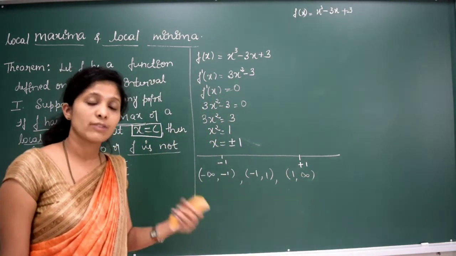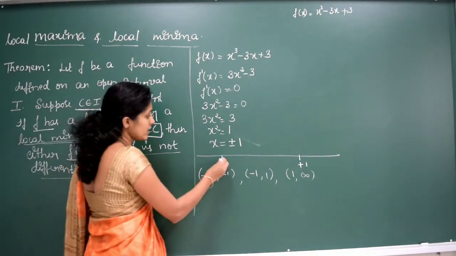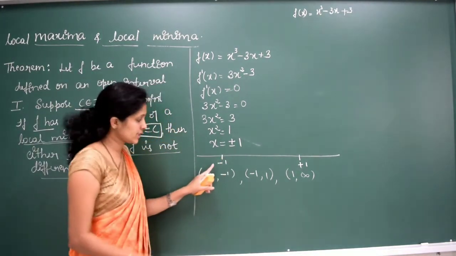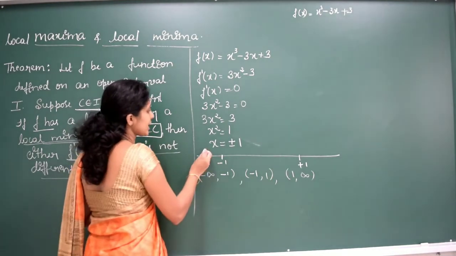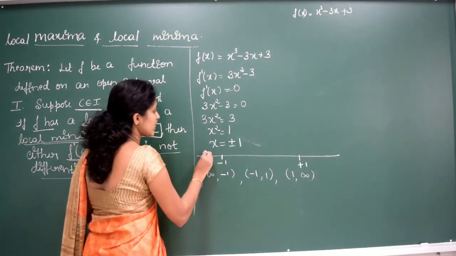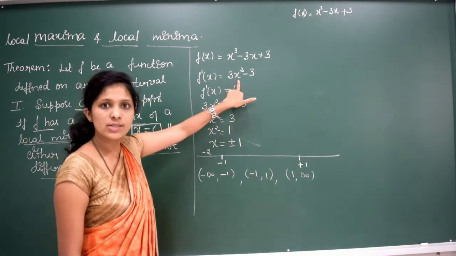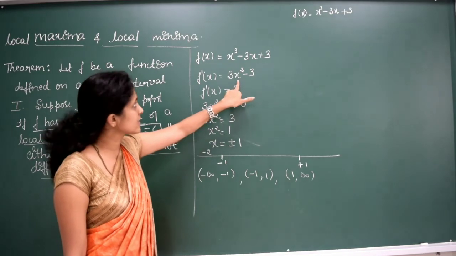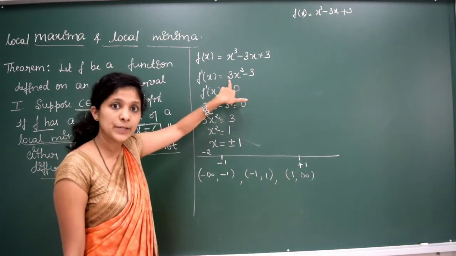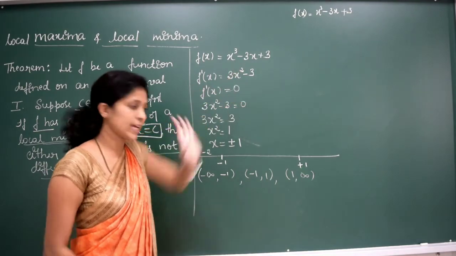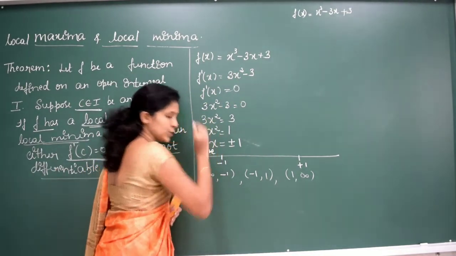Now you have to check where the function is positive and where it is negative. Here you can see minus 1 is there, so less than this I will consider a negative value, so I will consider minus 2. If I consider minus 2 whole square, it will be 4. 4 into 3 will be 12, 12 minus 3 will get a positive value. Here the value will be positive, right?